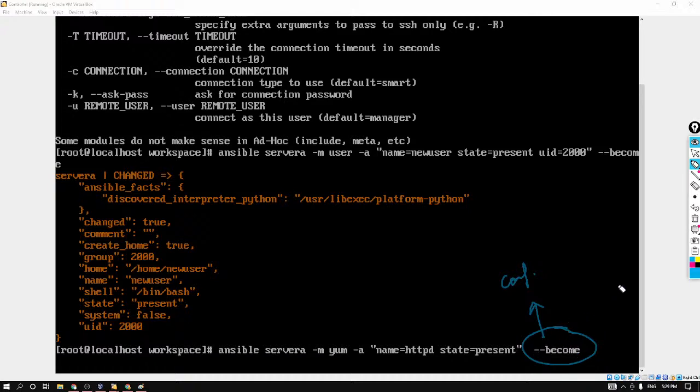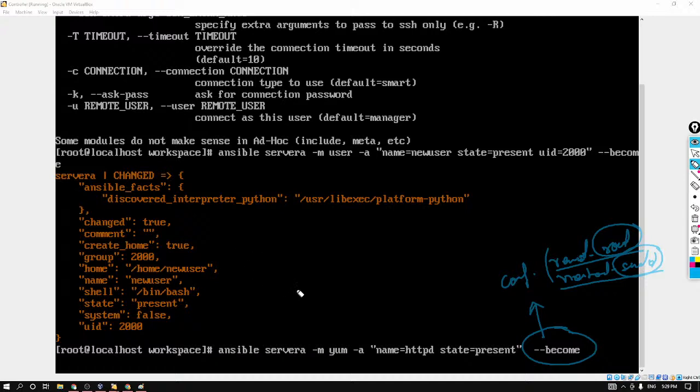And also it has overwritten because by default the become user is root, and the become method is by default sudo only. Okay, so even if we have not mentioned which method we want to become and which user we want to become, it has taken root and it has given the sudo power, and that is why we are able to create a user just by mentioning become with the help of the manager user. Okay, now